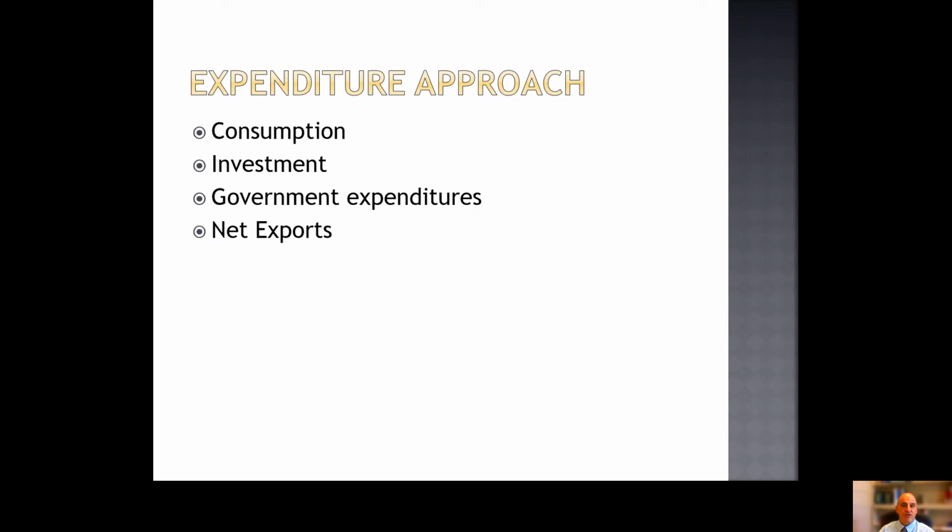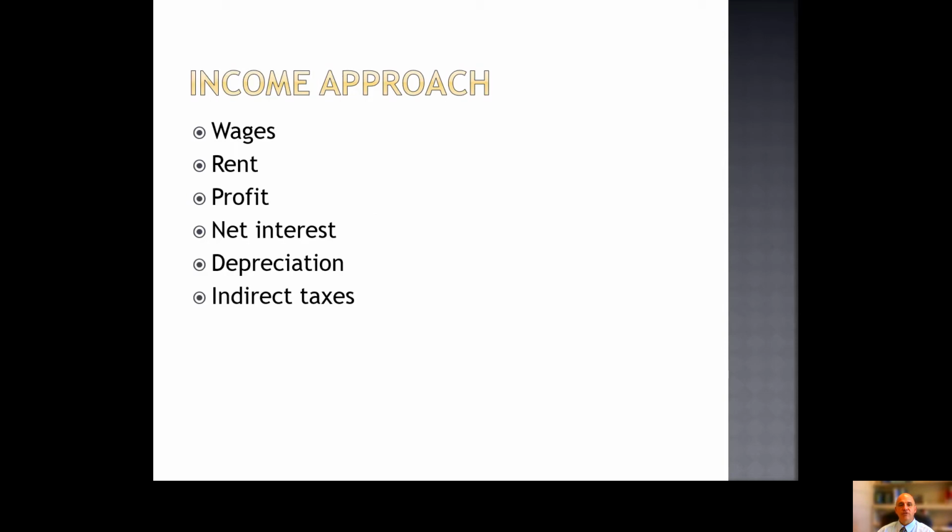How much does the government spend on final goods and services? That's government expenditures. And then we also recognize that other countries will purchase things that we produce, and we buy things from other countries also. So really what we're going to calculate is the value of our net exports. How much did we actually produce that was sold in another country, minus the value of what we purchased that other countries actually made? So the expenditure approach should also equal the income approach. This approach essentially adds up the value of all of the factors of production that went into making those goods and services.